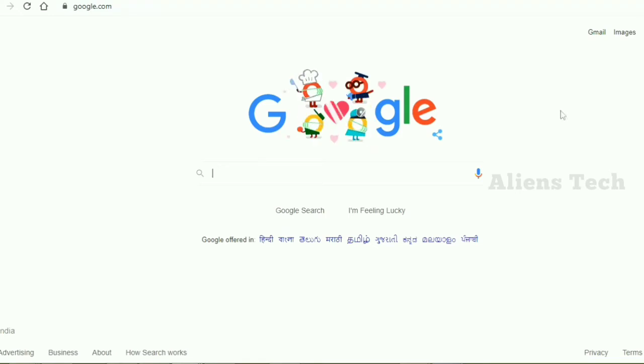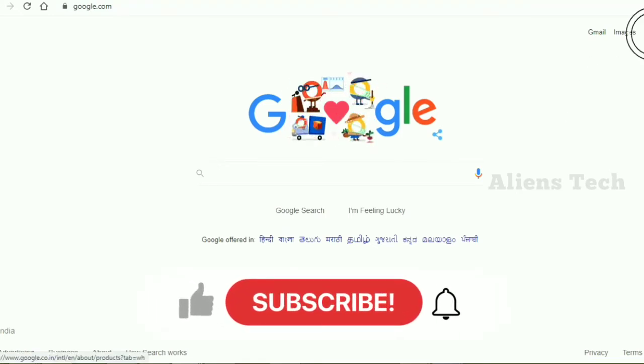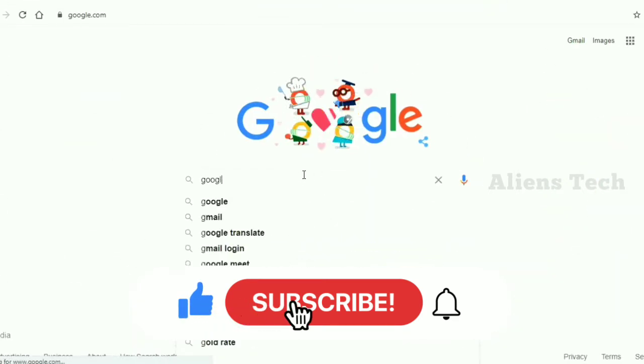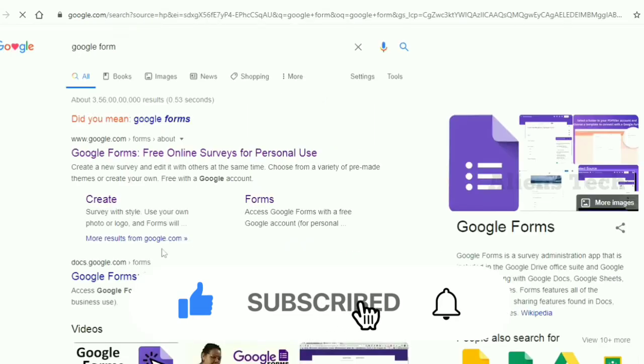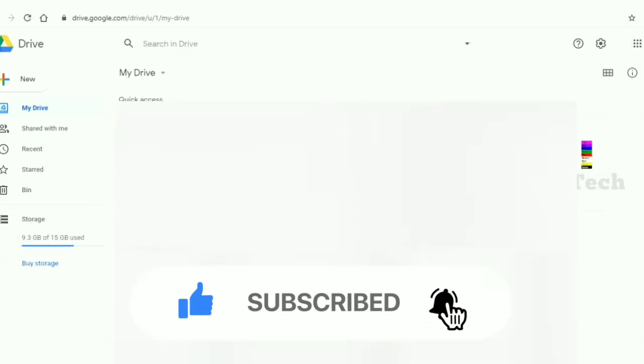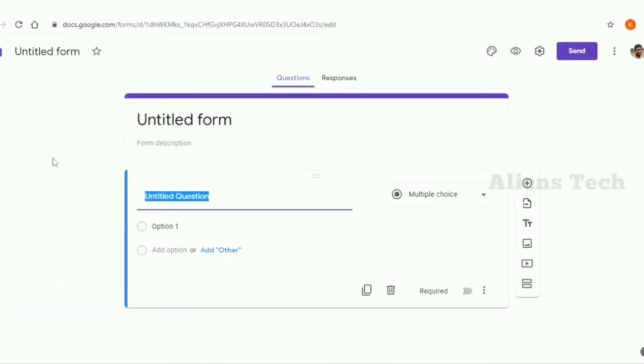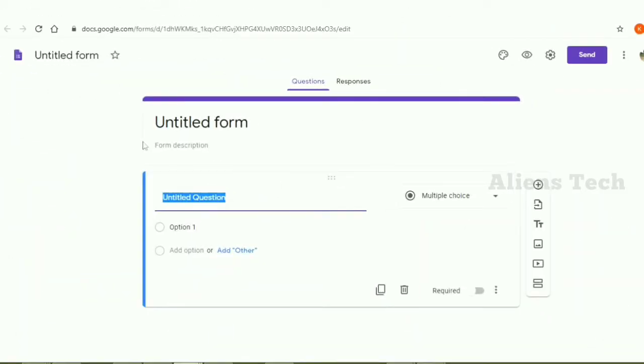If you want to create a Google Form, you must go to the Google Form Creator page. This can be done by navigating into the Google product menu and selecting the Forms option, or typing Google Form on google.com and clicking the Google Form link in the results. Or if you are in Google Drive, just select New and then select Google Form. If you do any one of these ways, you will be at the Google Form Creator page.